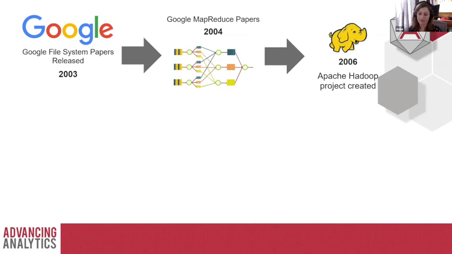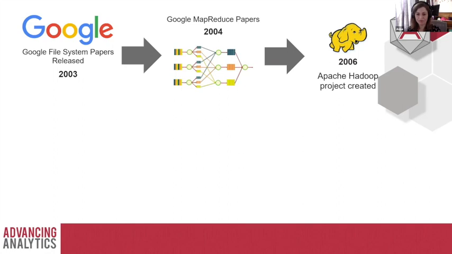Both MapReduce, HDFS, and a bunch of other stuff was donated to the Apache Foundation and became the open source project known as Apache Hadoop. There's a whole ton of different projects, languages, frameworks, etc. that now surround it, but the idea of MapReduce and HDFS are central to most of it.